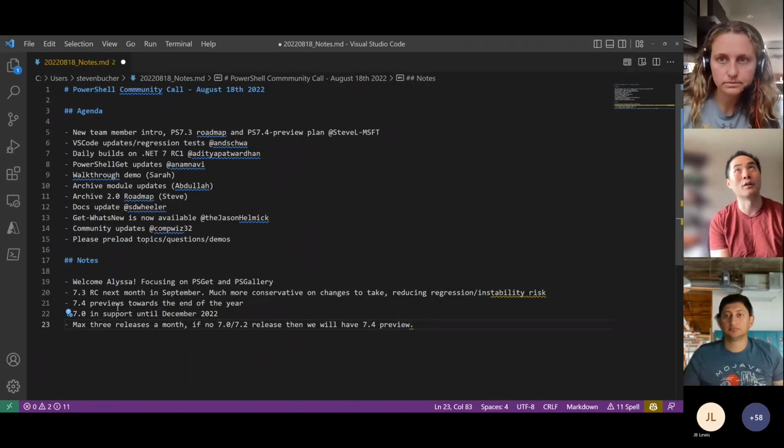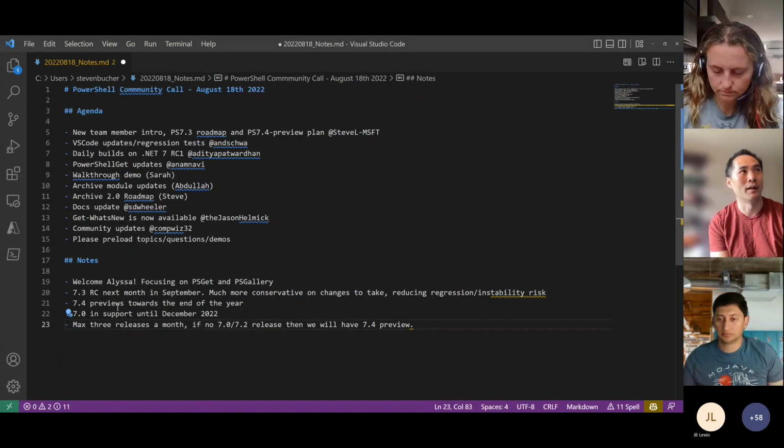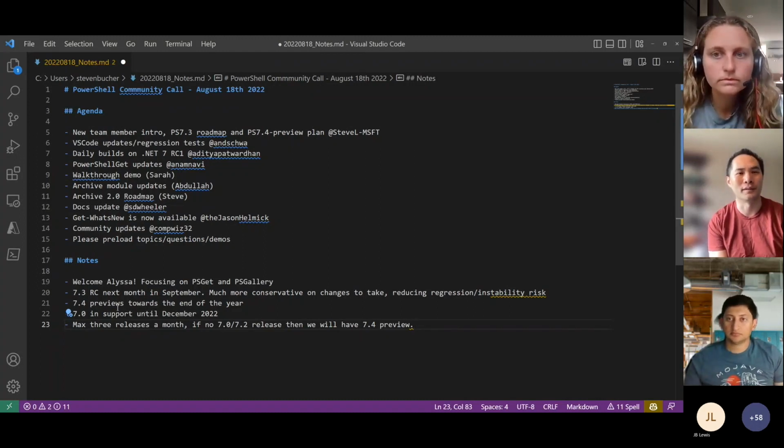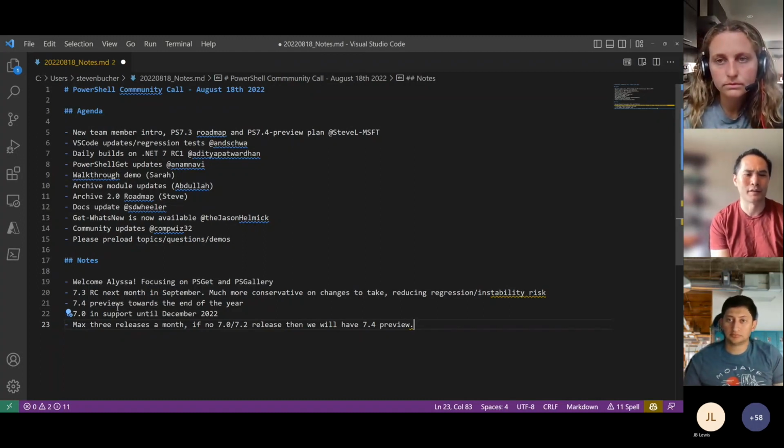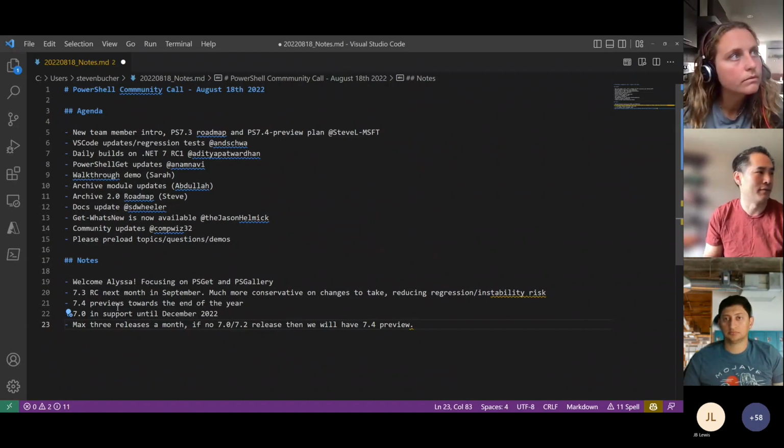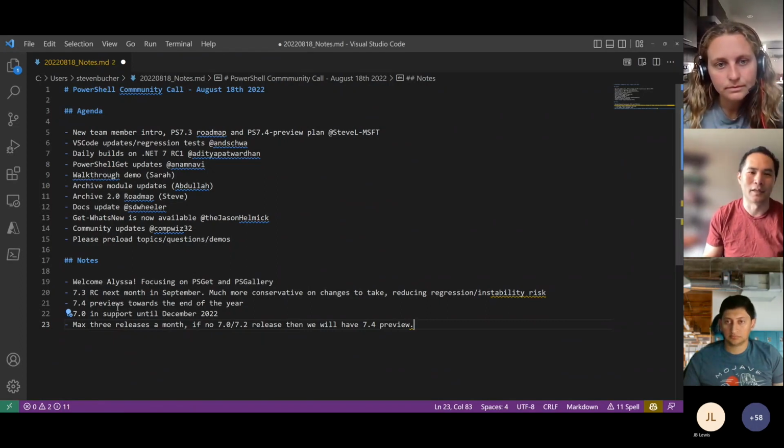Yeah, we've been working towards reducing the cost of that, but it's hard for older releases. But we've been making changes in 7.2 and 7.3, so hopefully over time it'll be much less taxing on the team to get multiple concurrent releases out. The other thing I want to bring up, I almost forgot, or actually maybe I'll let Aditya talk to it in terms of the dailies.